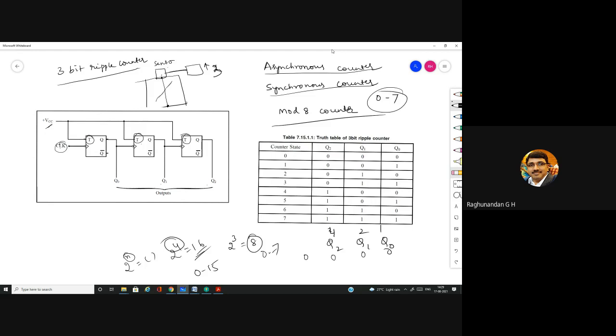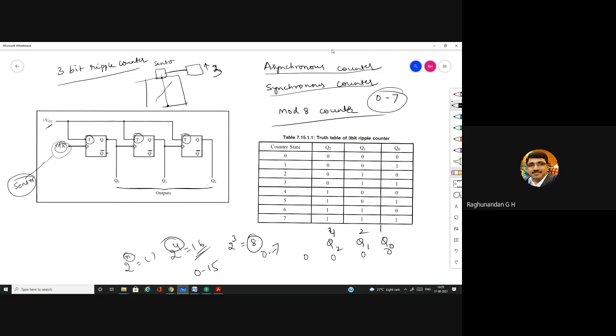I was telling you this example. For this clock in a real-time application, one of the real-time applications I'm just discussing for understanding: a sensor is going to be connected. When the sensor gives some input to this clock, then this clock goes high. Then it starts changing. It starts toggling.